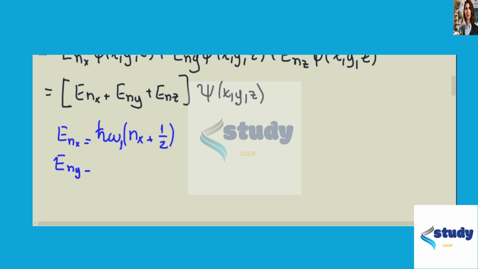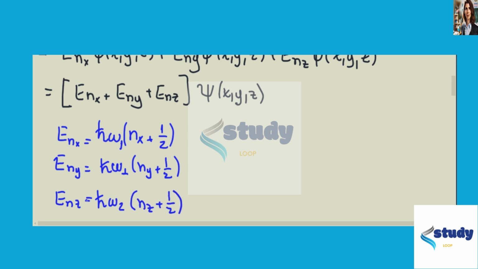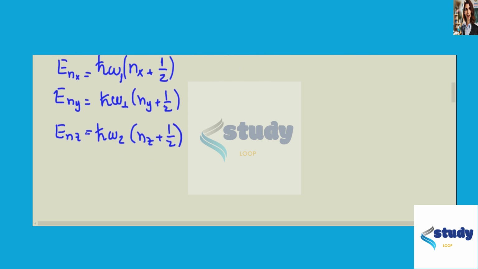E_ny is h bar omega 2 times (ny plus 1/2), while E_nz should be omega 2, not omega 1, because k is the same for x and y, and for nz it's h bar omega 2 (nz plus 1/2). Okay, so in the end,